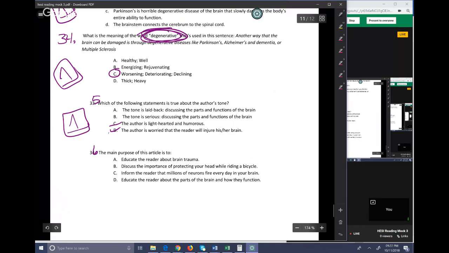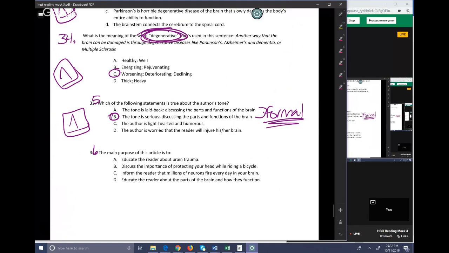The difference between A and B is only one thing. Is the tone laid back or is it serious? The tone is formal. This is a formal tone. It's written formally. It's written academically to explain academic information. So we would be better off saying it's serious, especially when it gets to the injury part. They're being very serious. They're not being laid back. And again, laid back is not really a tone. I'm not saying there couldn't be an answer where laid back was the appropriate phrase to use, but it's not a tone type. So you would only pick something like laid back if all the other answers are terrible.